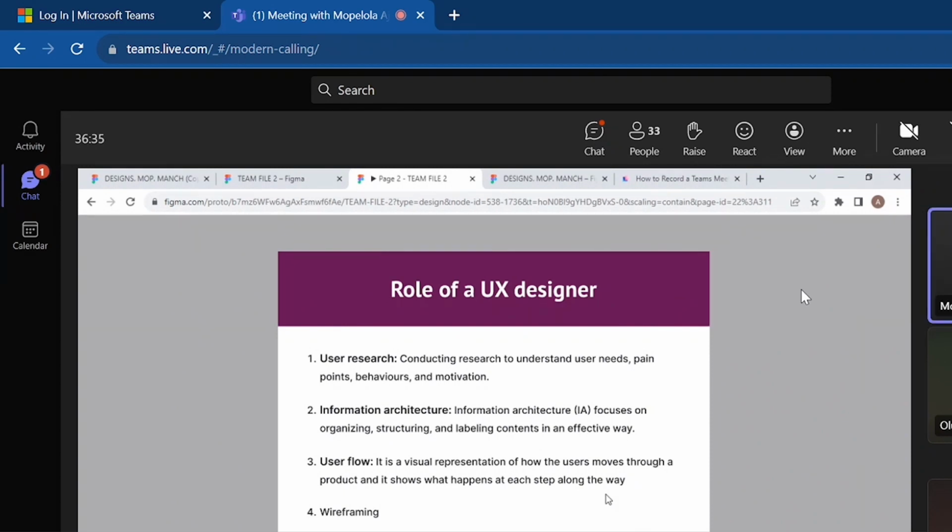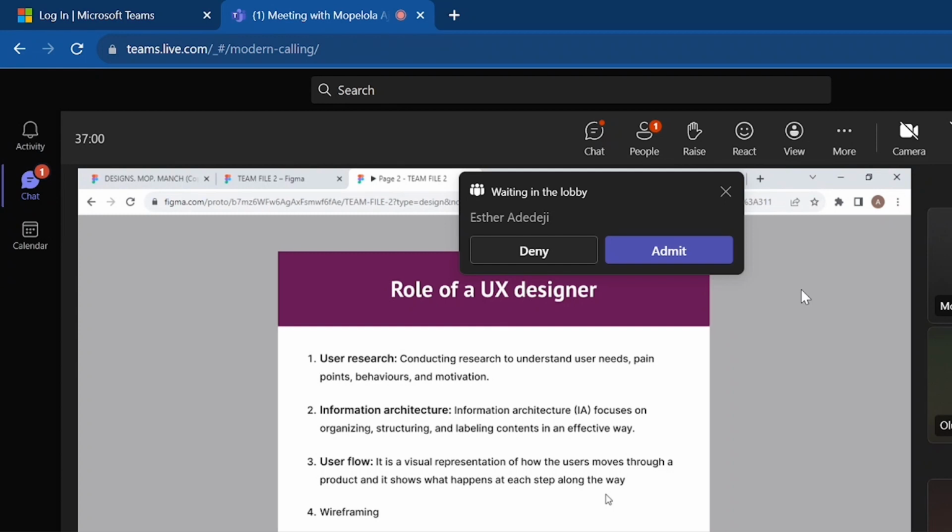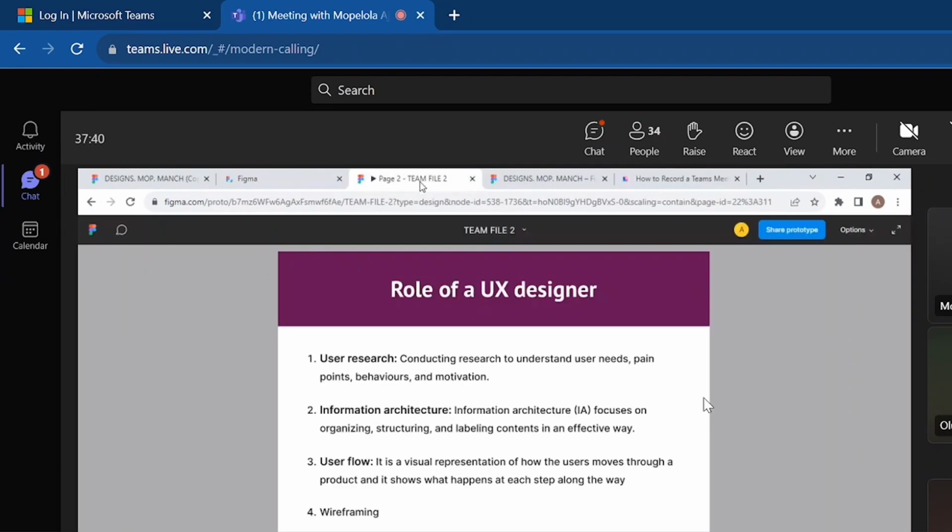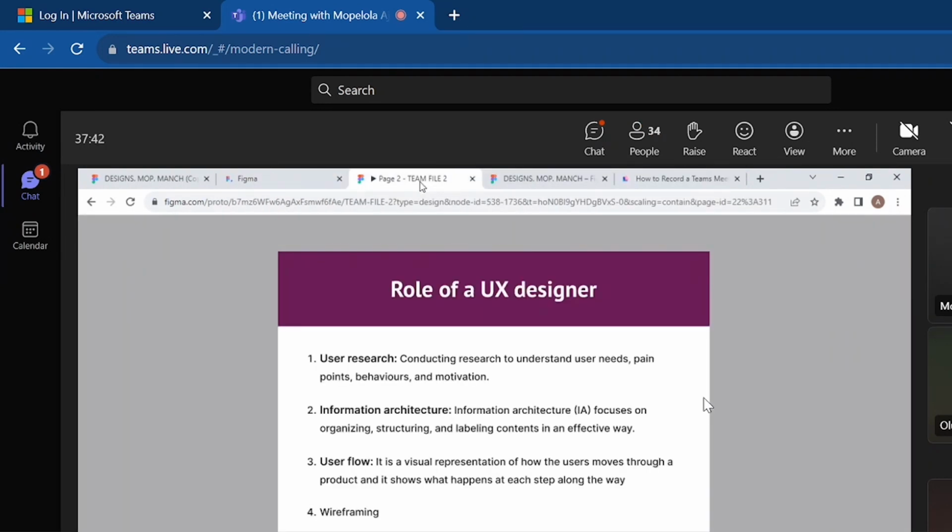The first thing to do is to conduct what we call the user research. So research is the key thing every designer must do, right? We conduct what we call the user research. So this user research helps us to understand users' needs, their pain points, their behaviors. So we conduct a series of user research. So an information architecture, after they've conducted the